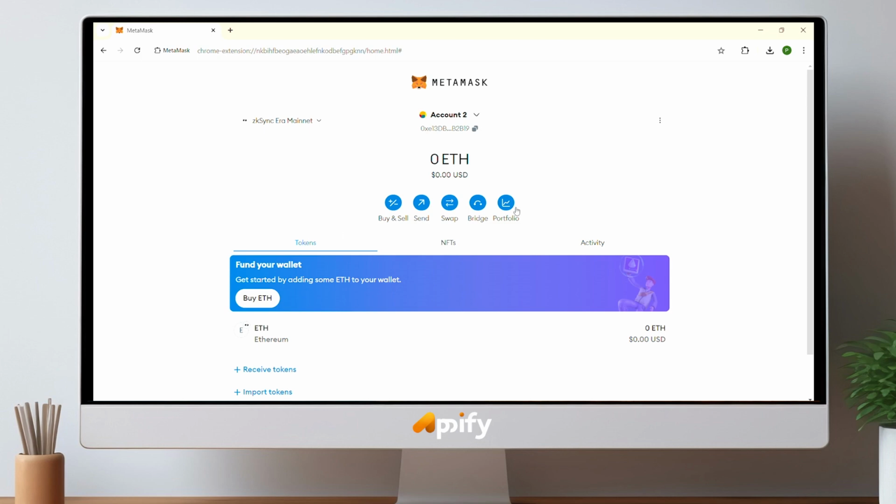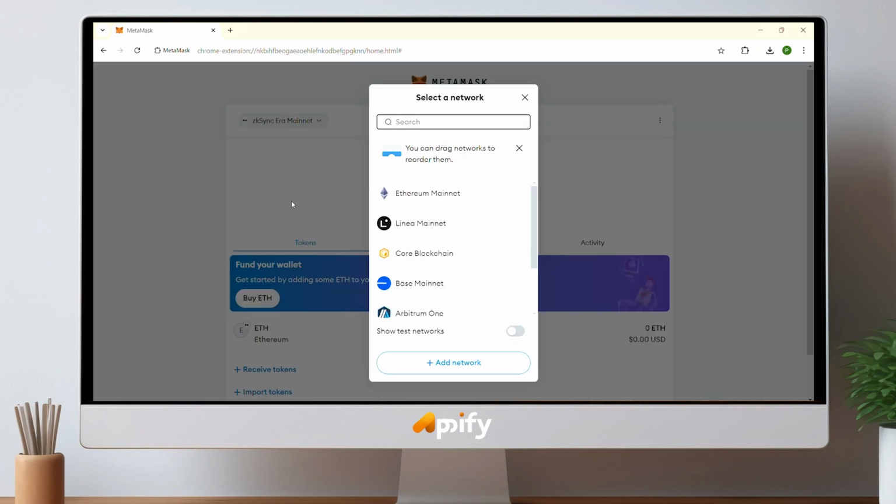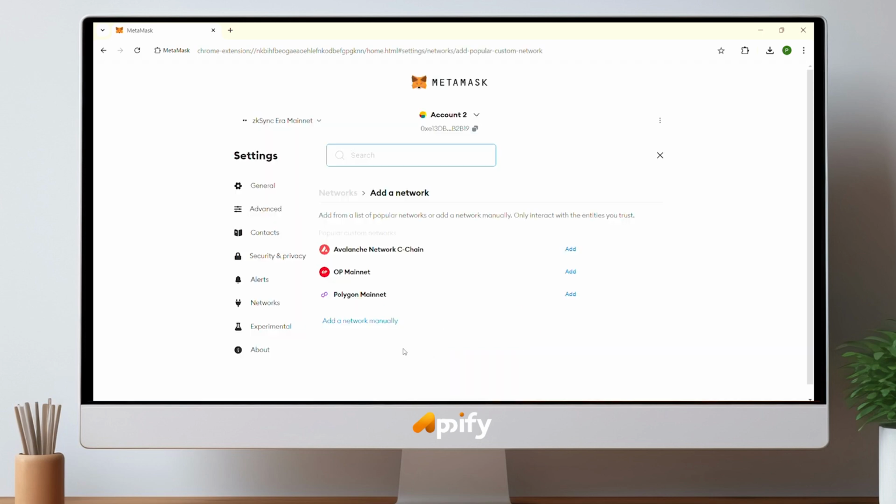Firstly, you need to open your MetaMask interface. When you have access to the MetaMask interface, you just have to look on the top left hand side of the screen. There will be a drop down menu with the network name in it. You just have to click on that and a pop-up box will appear, and at the bottom there will be an add network button. You just have to click on add network, and you will be able to access